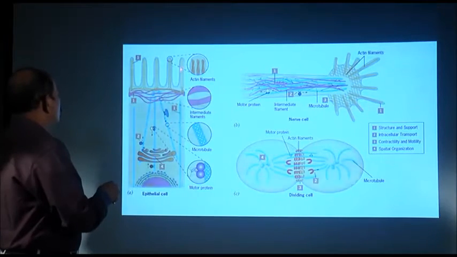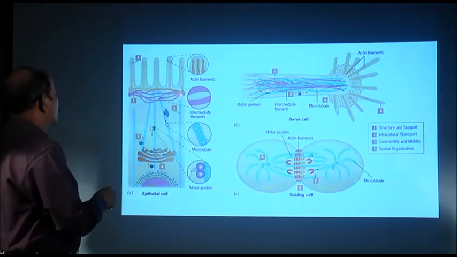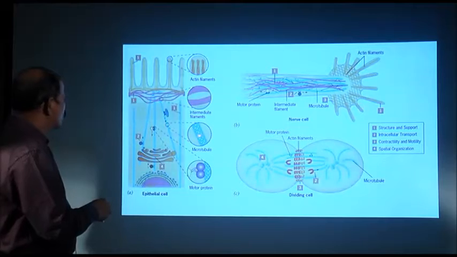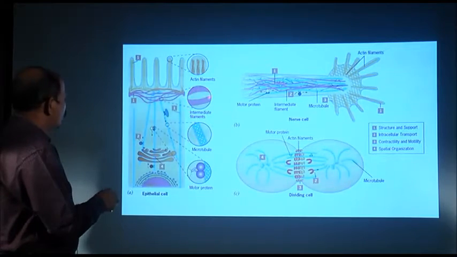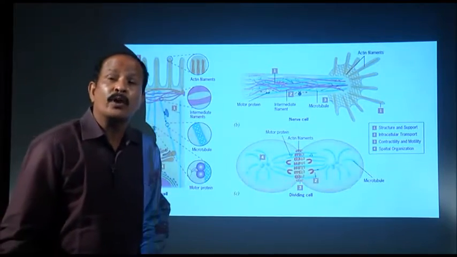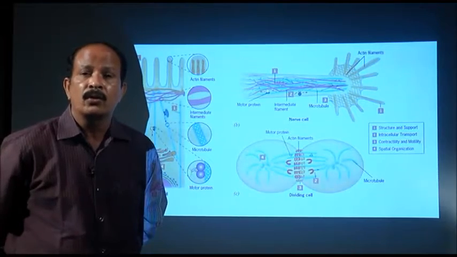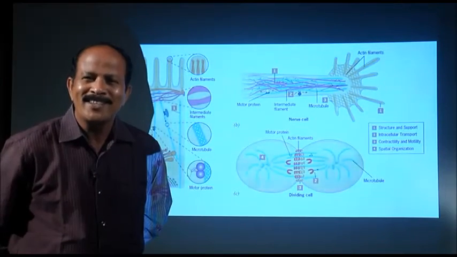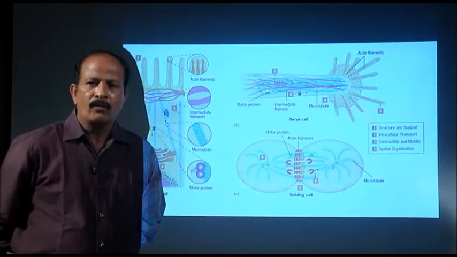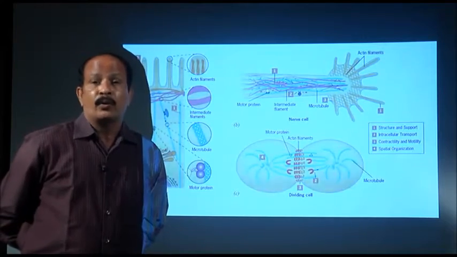So the brush border epithelium is due to the actin filaments, intermediate filaments are there, their role will be explained further, and these are microtubules. So microtubules, intermediate filaments and actin filaments are the three kinds of protein filaments. Together they constitute the cell skeleton or cytoskeleton, which is found in eukaryotic cells. They are not found in prokaryotic cells, or not as abundant as in eukaryotic cells.